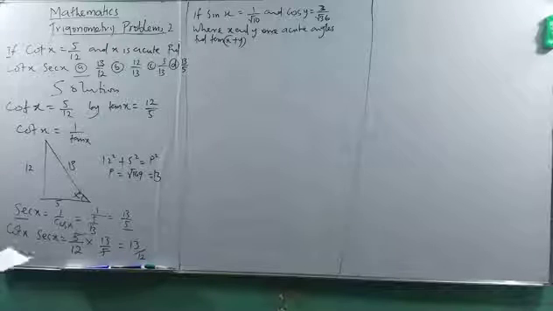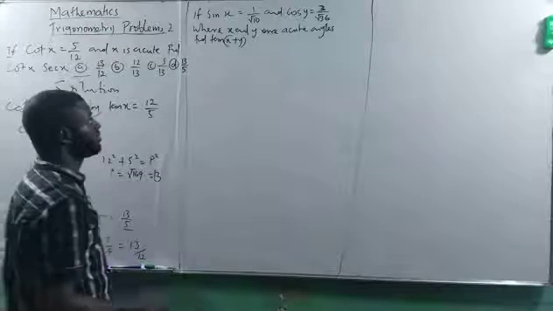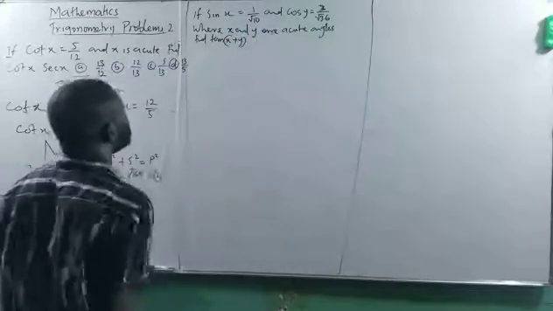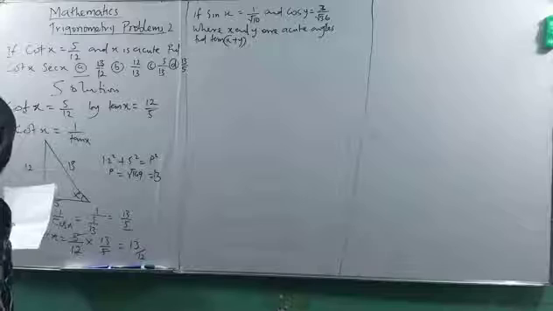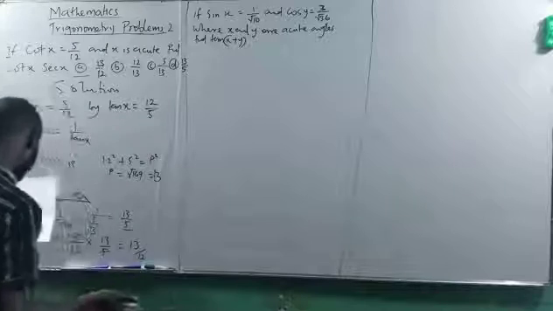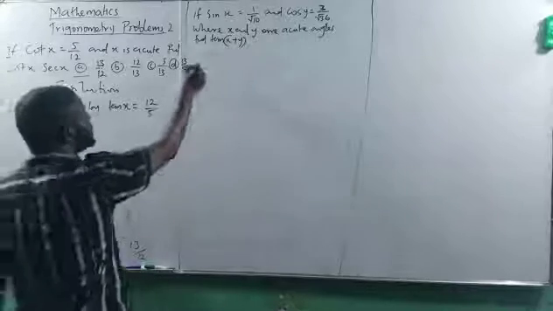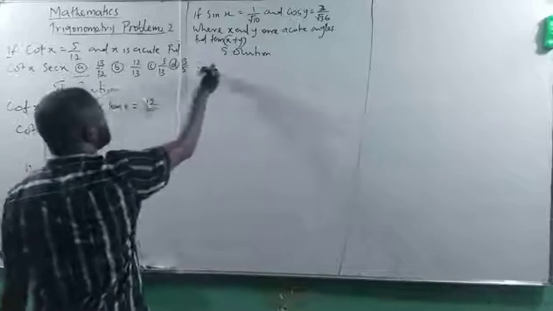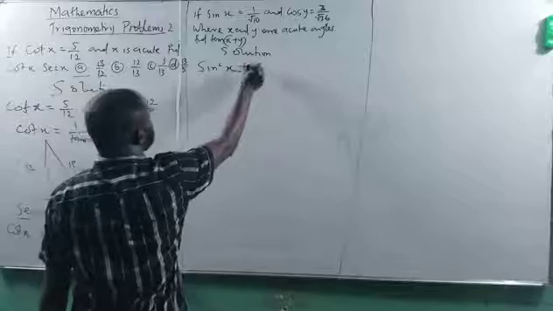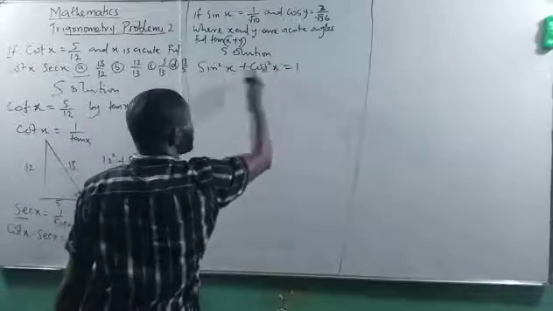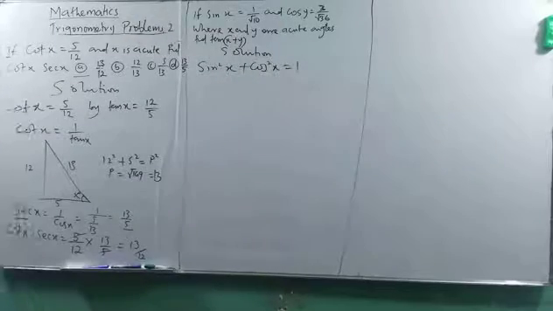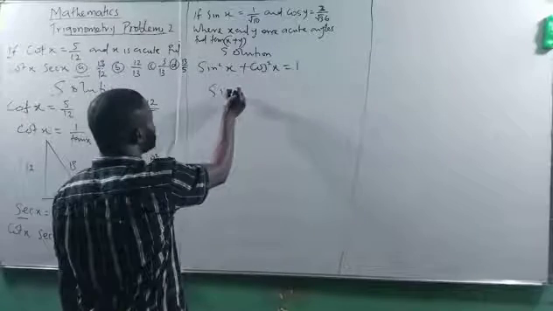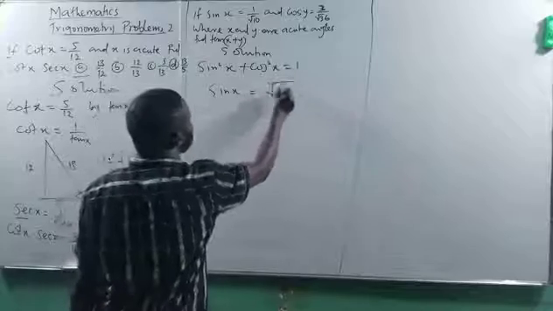Now, the next one I need to work on, we're told that sine s equals to this and cos s equals to this. If I were you, I may not go so far away, and I can decide to go like this solution to this problem. Now, I can see that my sine square x plus cos square x, you can generate something like this here. It's not bad. Now, since I have that, I can now say that my sine s can be equals to root of 1 minus